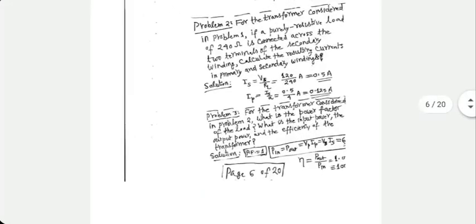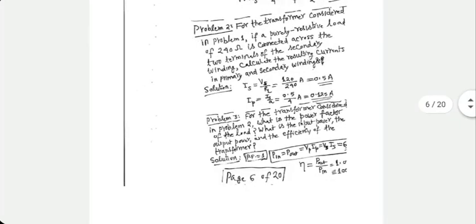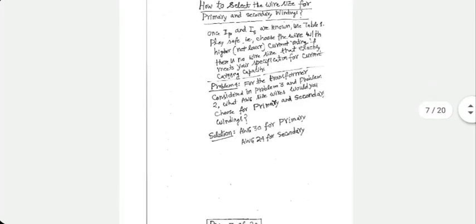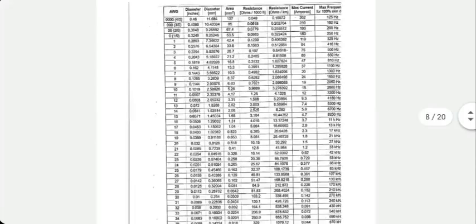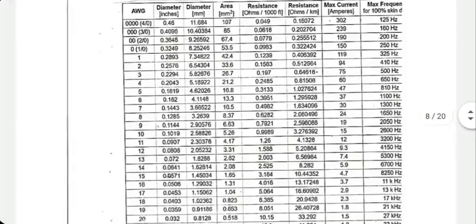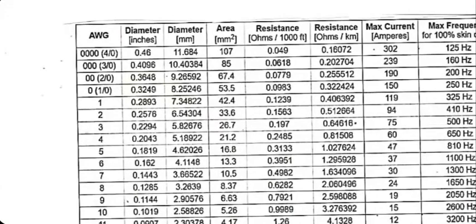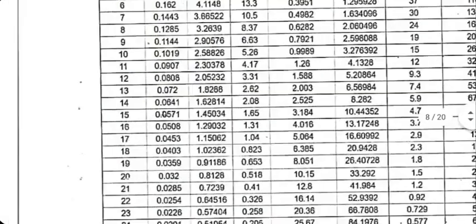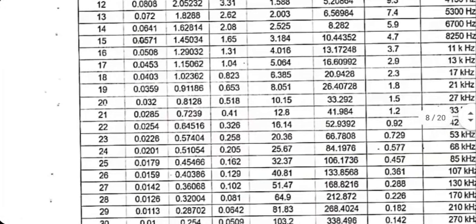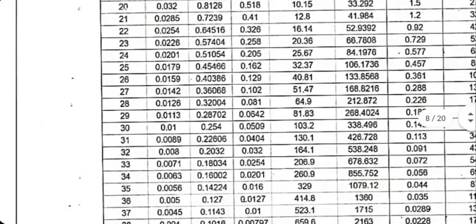So look at the primary current that we are dealing with in this particular transformer. Primary current was 0.125 ampere. So what diameter should we choose? Go to this table. This table will be available to you, of course. Go to maximum current and see 0.125 value. Close enough. If you don't get 0.125, you go to the higher nearest value.